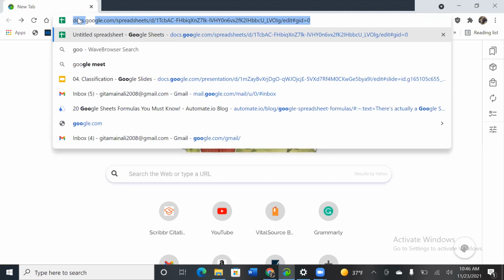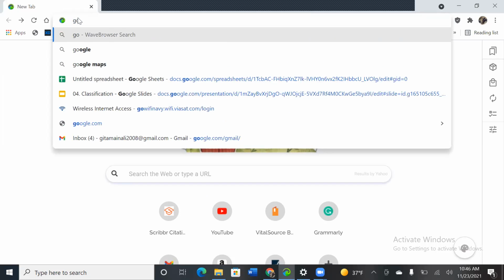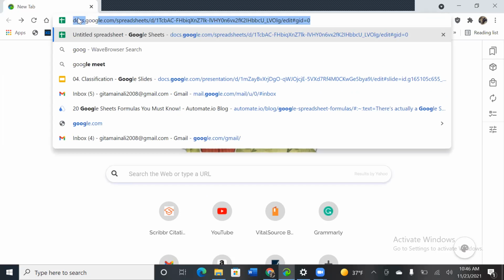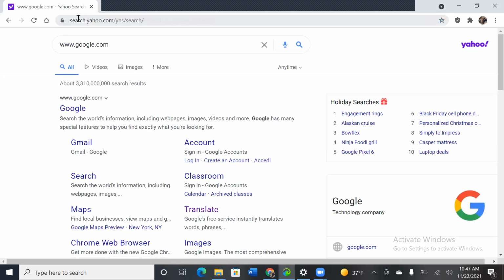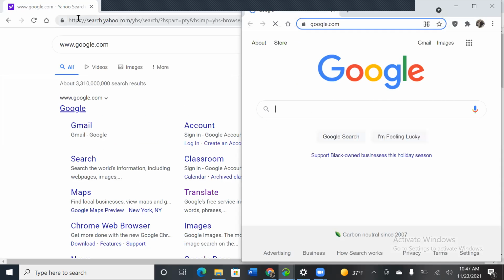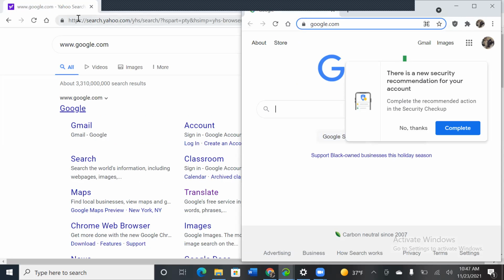No, no, type google.com there. Then click on the third one, the browser. Now click on the Google, it will come. Yeah, maximize this.